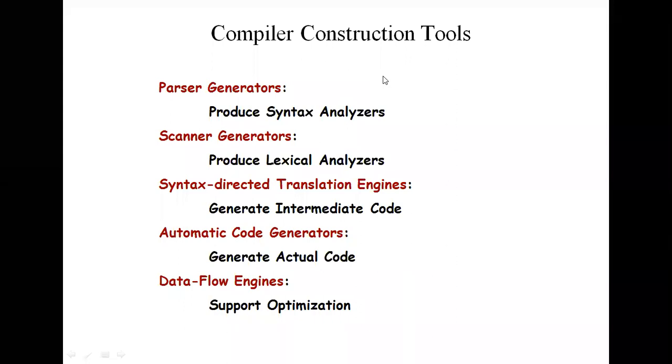See here, the specification of the input should be in the form of a context-free grammar. And we are using a Unix utility. In that, we are taking a tool like YACC, yet another compiler compiler. By using that tool, we generate the parsers. That's it, the detailed explanation of what the parser generator is and what type of output is going to be produced. Now coming to the first one, scanner generator.